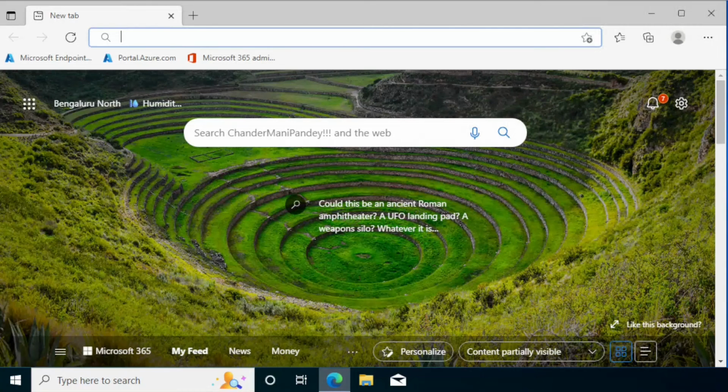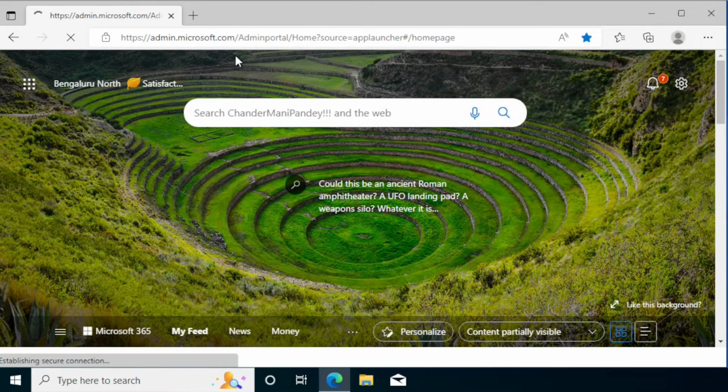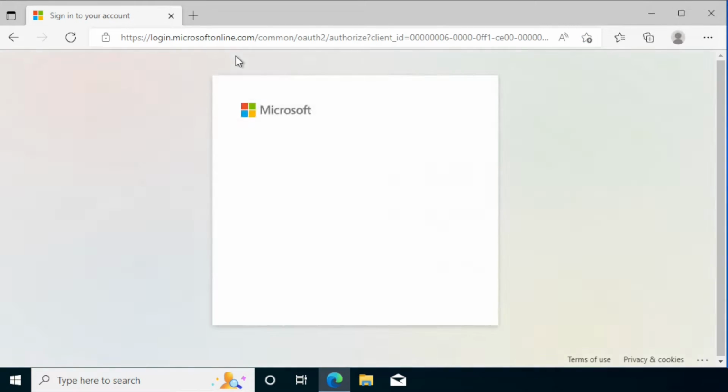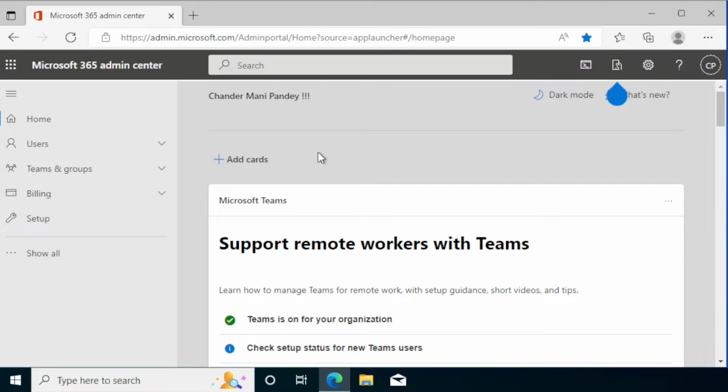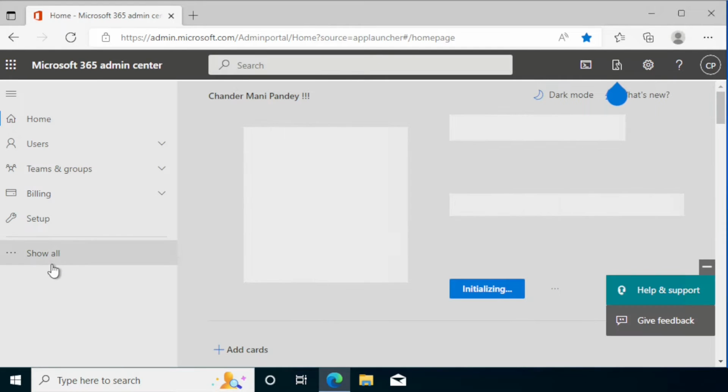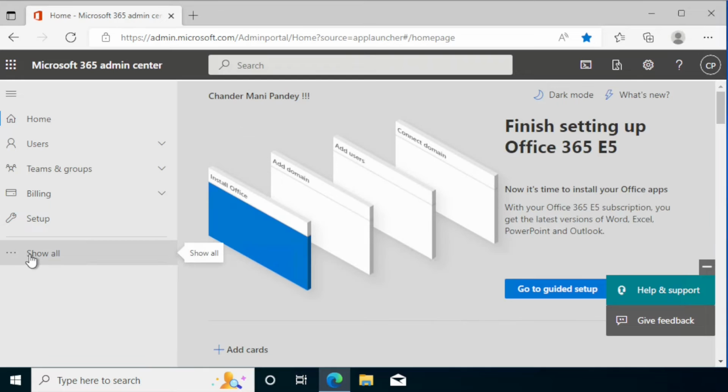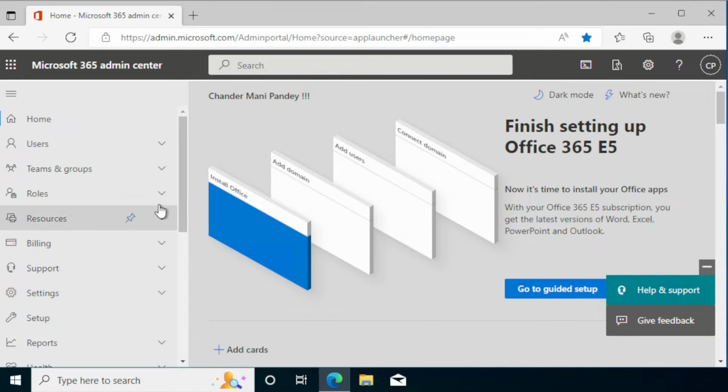Now to configure the update compliance setting through the Microsoft 365 Admin Center portal, we have to go to the Microsoft 365 Admin Center portal. So I'm going to log into the Microsoft 365 Admin Center portal. And inside it, we have to click on the Show All button, and we have to